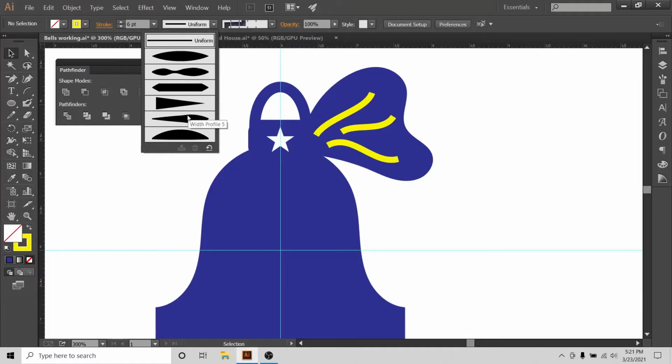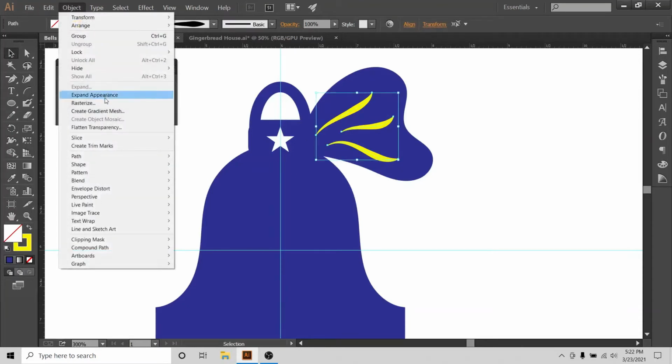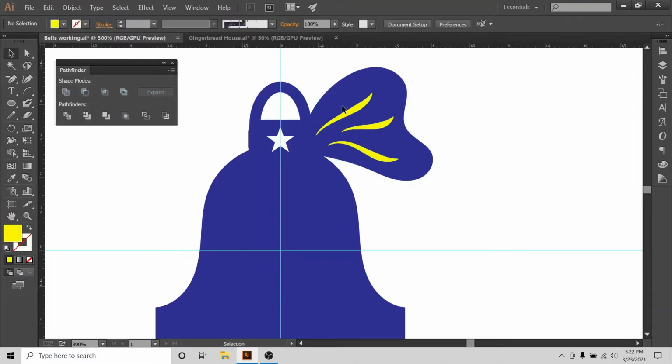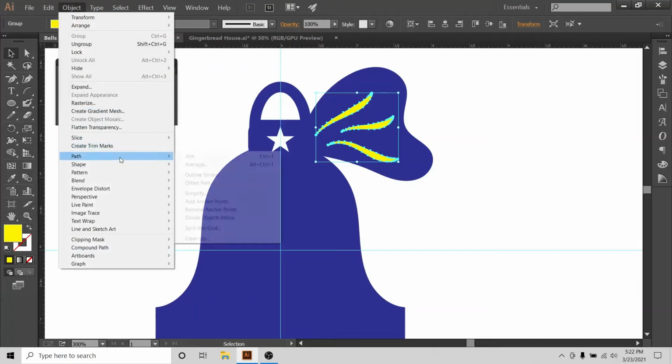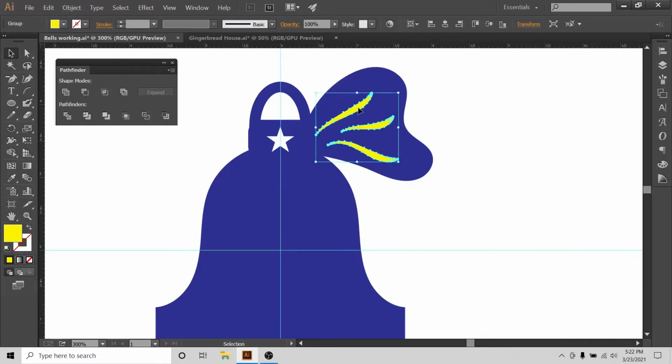profile. So I'll choose maybe this one, choose this one, and they look good. So I'll simply select them, object, expand appearance, and unite. Now the problem I find sometimes is that it just makes so many anchor points. So to reduce the anchor points, I will go to object, path, simplify, and maybe I'll do it one by one. So ungroup,